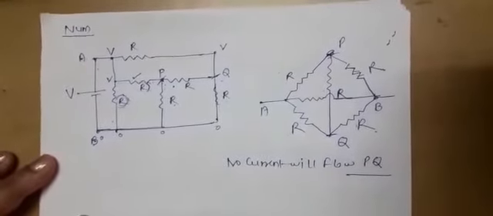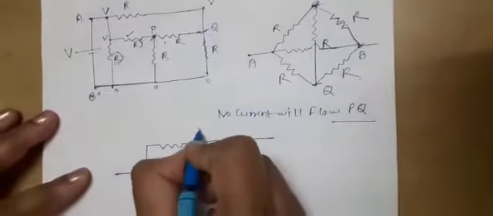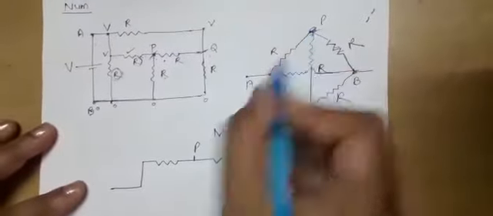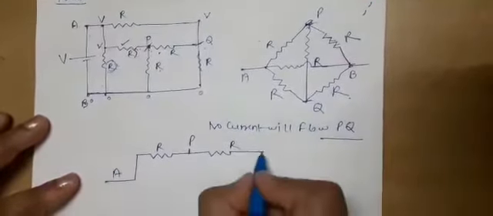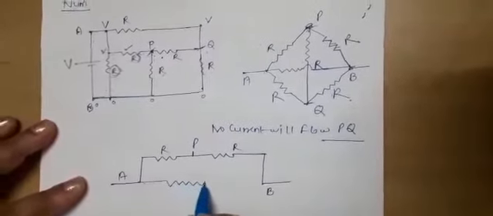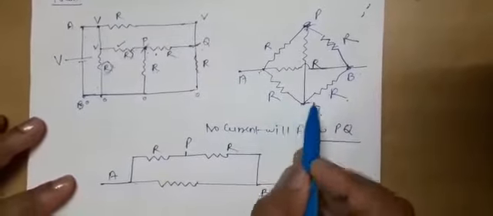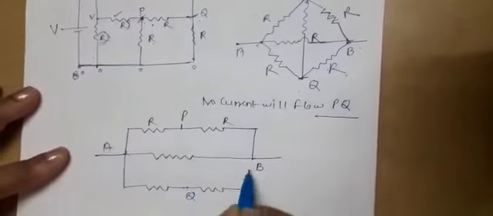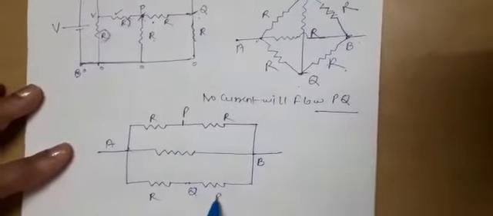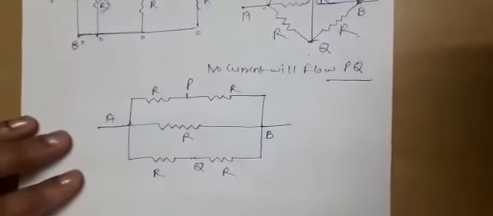So what will be the combination here? How can we redraw it? If this is terminal P and this is resistance R, this is the A terminal and this is terminal B. Now between A and B, this R resistance is connected, so you are taking this R resistance here. And between A and B, further up to point, taking point Q also. Now this is resistance R, this is resistance R. Now how simple this circuit is. Now you can easily calculate the equivalent resistance.